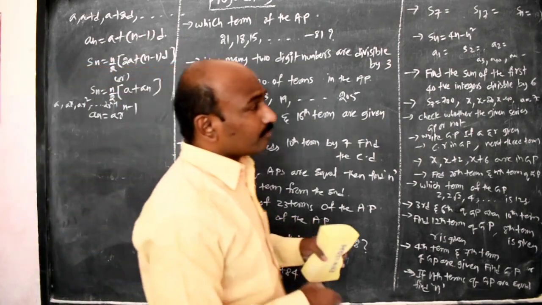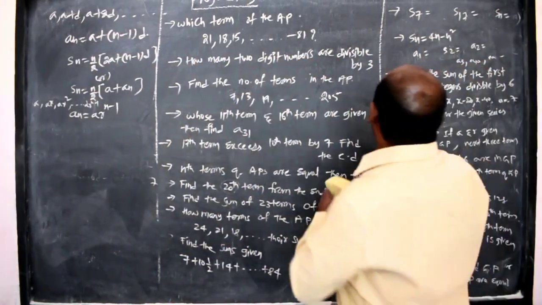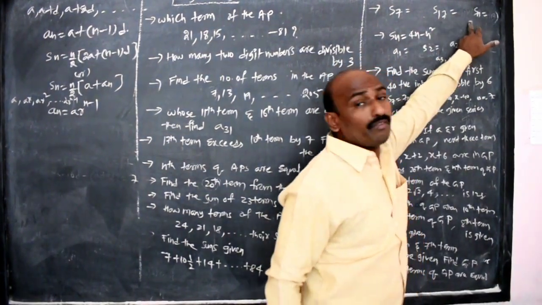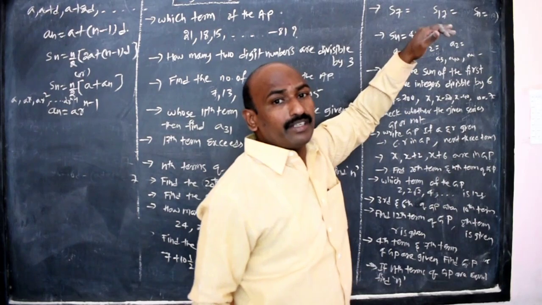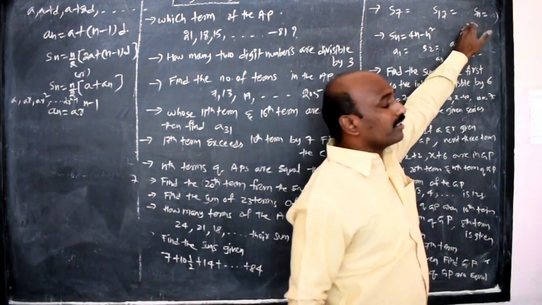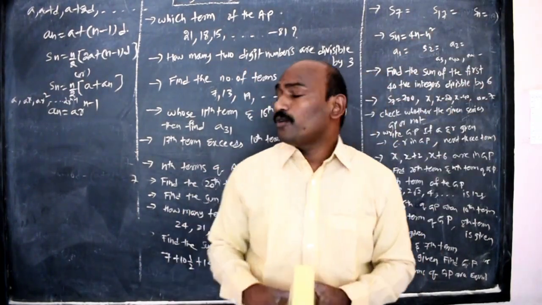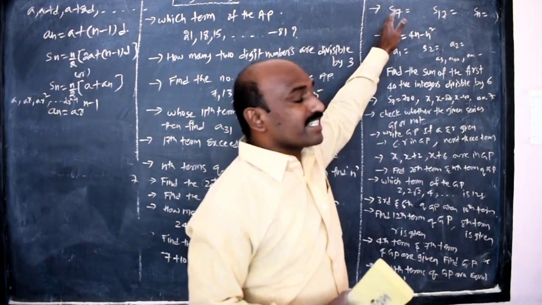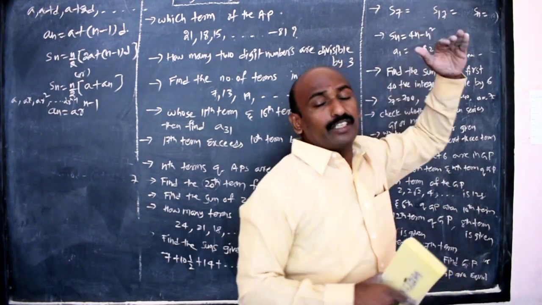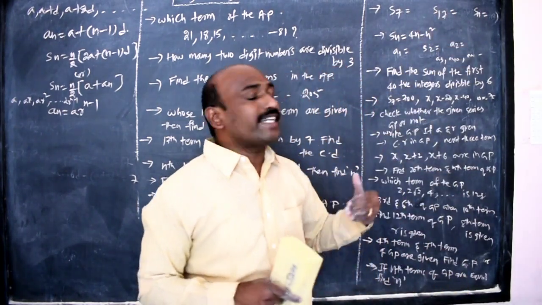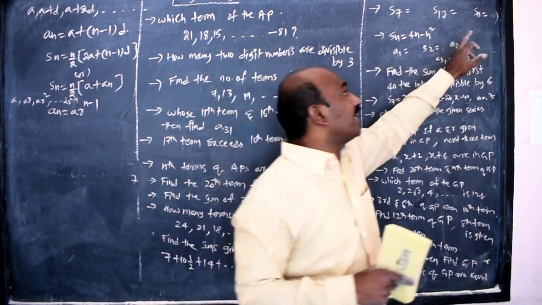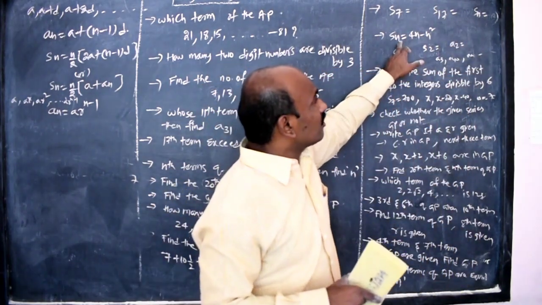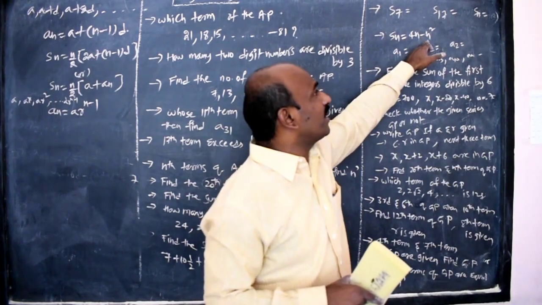Then after that, some questions may be like this: S7, sum of 7 terms, sum of 17 terms, and sum of n terms. Here the sum of 7 terms and the sum of 17 terms are given, and he is asking for the sum of n terms. You have to use this formula, Sn equals n by 2 into 2a plus n minus 1 into d. You will get two relations, S7 and S17. If you solve them by the elimination method, you will get a and d. After that, if you substitute a and d in the Sn formula, you will get Sn in terms of n. Here also one more relation is given: Sn equals 4n minus n square.